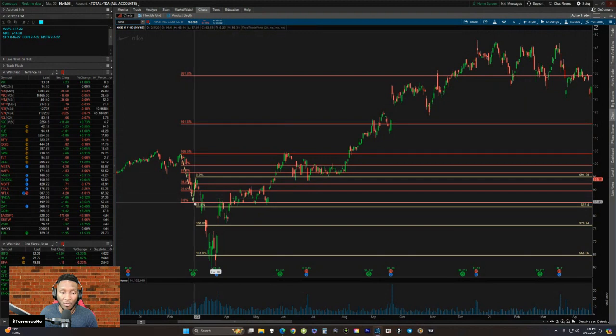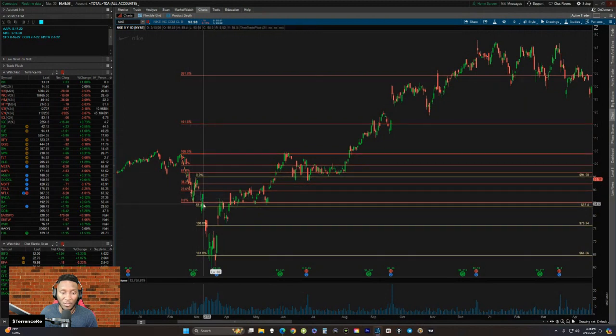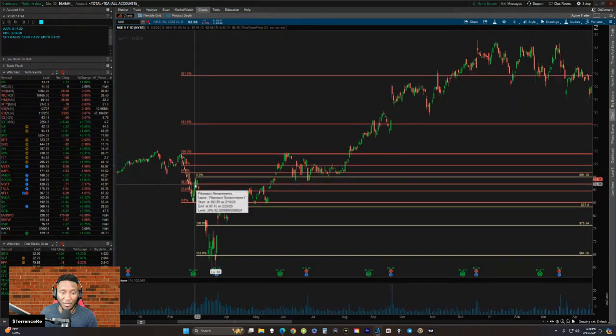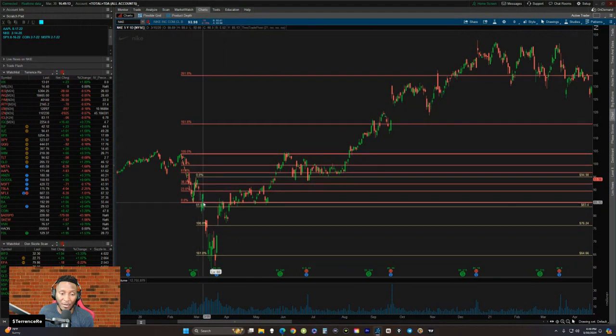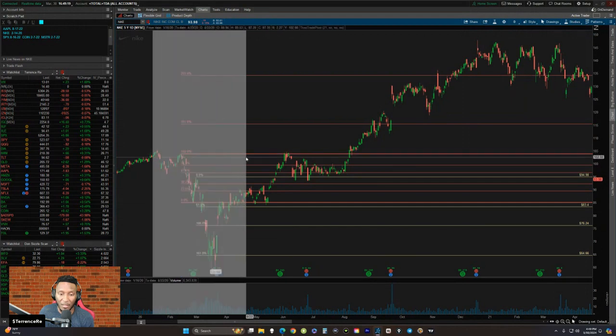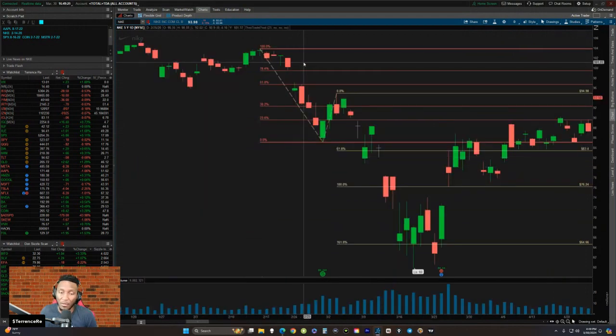Now, some people will get short after they got this big move. Once it retraces back in between here, like maybe once it hits the 38.2, they'll go ahead and short. That's not the way that I do it. I like to see it pull back in there and then take this low out. You may say it's hard to see where to get in because you can't tell the highs and the lows.